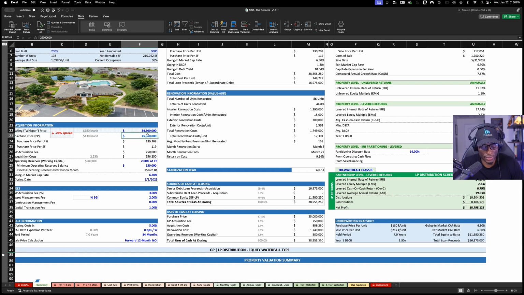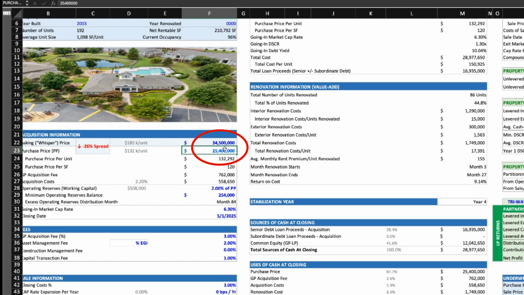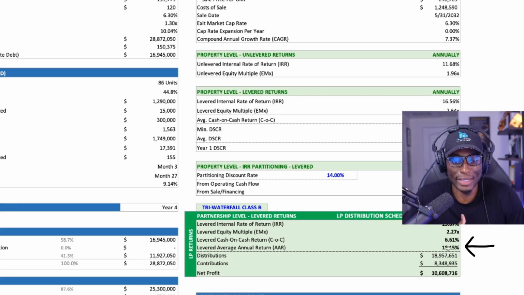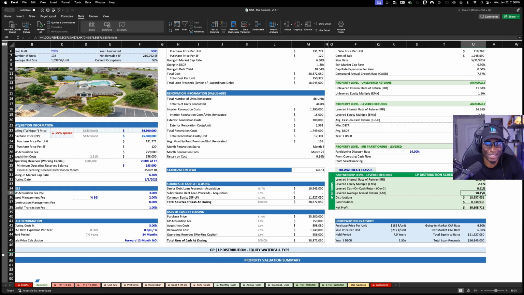Let's go down to 25, 19%. We're getting close. 25.4. But you can see how daunting and time consuming, even if it's 2 minutes, that's still a lot of time. You can be focused on other deals, just trying to come up with that price based on that desired return of 18%. And that is where Goal Seek comes in, because Goal Seek can help you come up with that underwritten price